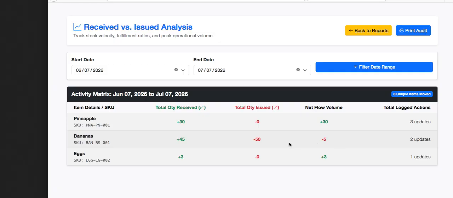I mean, it does the 50 and it's the 55. I mean 50 and then it goes to 45. I'm sorry, I'm reading this wrong. And of course the net flow is -5, and I'm like, how does that work? So how management reads this, those people in the store: this item is in high demand and we are moving it fast. However, because the net flow is -5, we're burning through our safety stock.